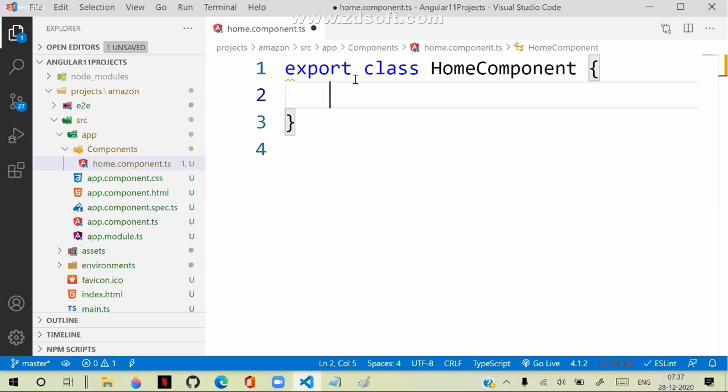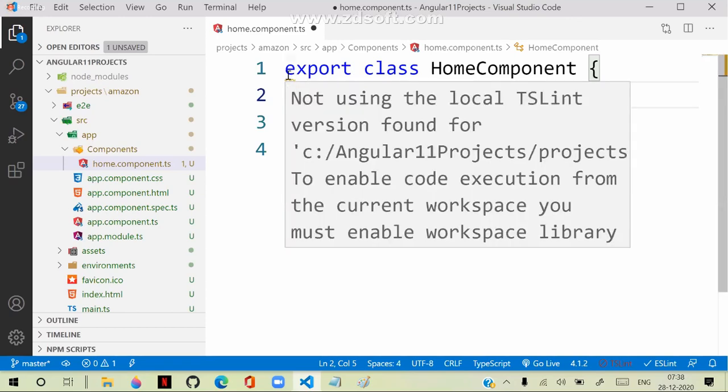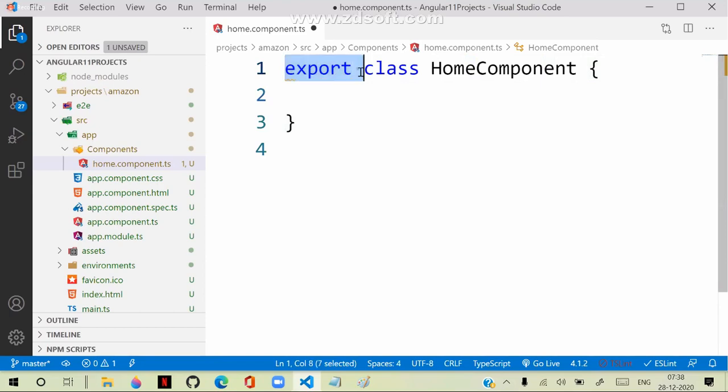Currently it is just a tradition that component classes are defined with component as a suffix, and the files are defined with component as a suffix, right? It's a tradition. So we created a class, right? Why export, you know already. We have learned in TypeScript why we need to export, because in a modular system, you cannot use any class outside this scope if it is not exported.